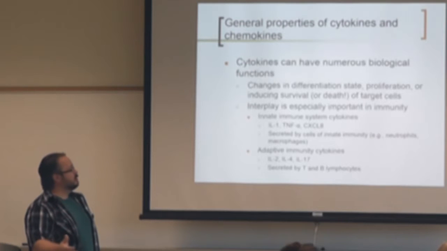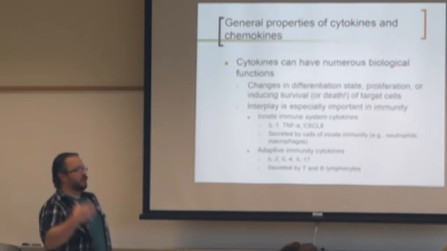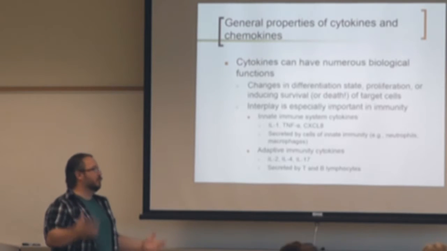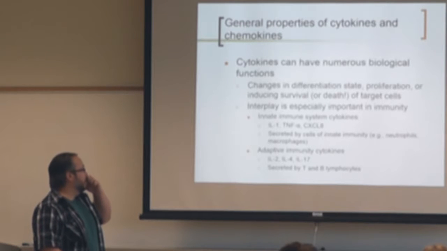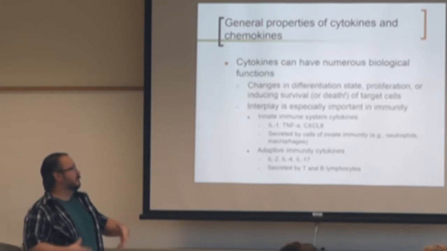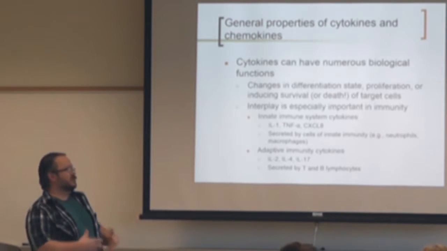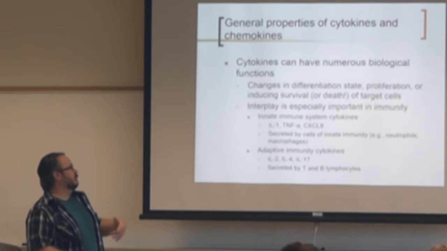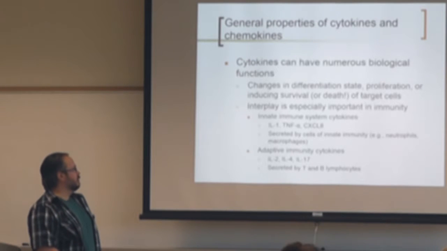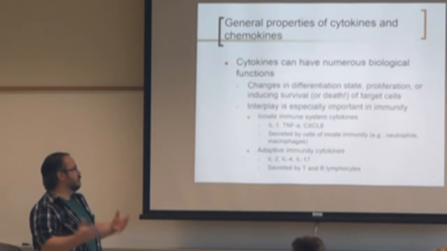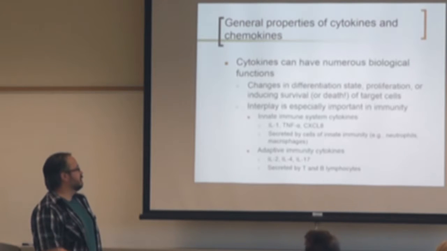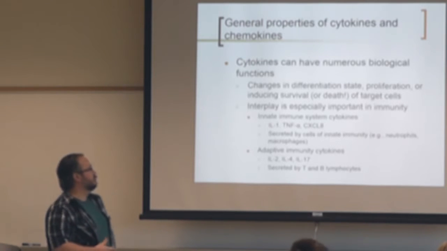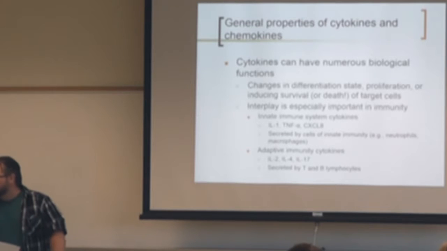Again, I'm going to use IL-2 as the example. If I take a bunch of T cells out of somebody and put them in a dish, unless I give them certain signals, they're just going to die. But if I give them enough IL-2, they're going to proliferate and survive. There are certain other things you'll have to give them, and a lot of times multiple cytokines need to give a signal for them to really become activated, proliferate and survive.